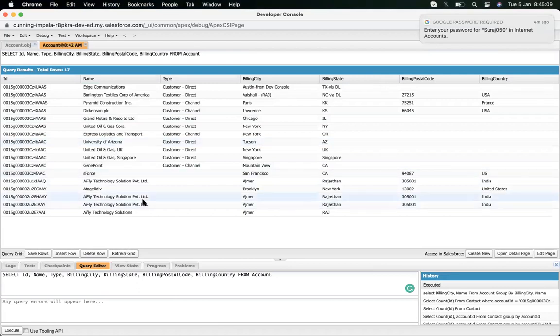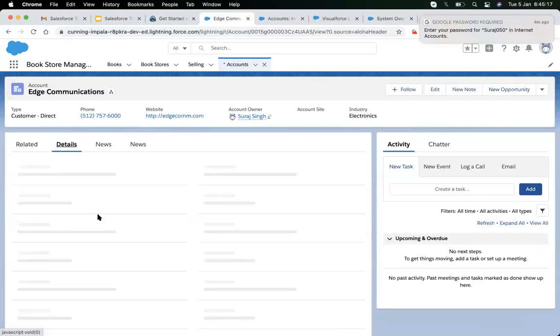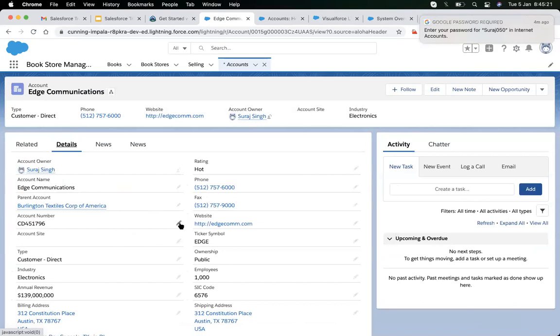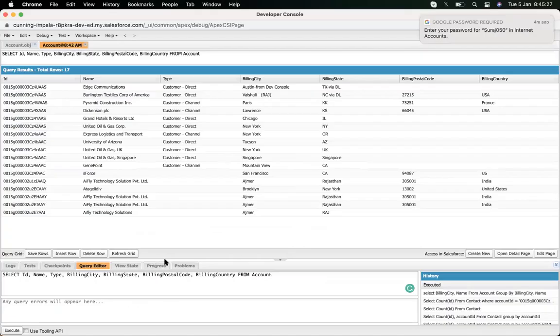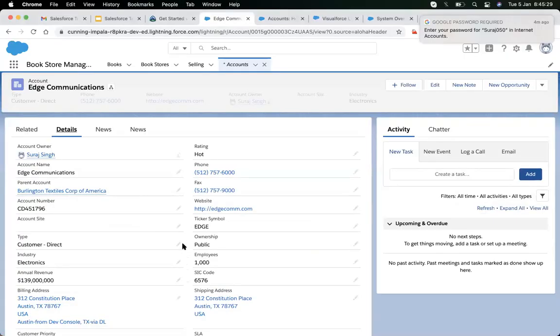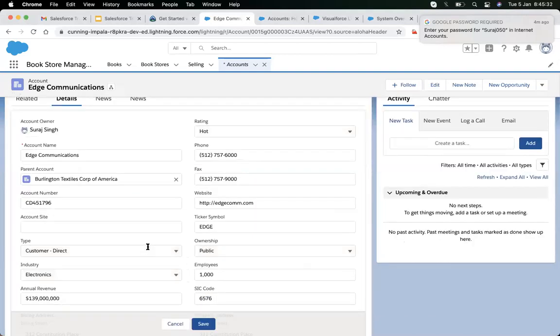Refresh grid is useful in this situation: suppose I'm working in the developer console, but in the backend, someone changes the field that we are querying. I'm changing the customer type from customer direct to customer channel.